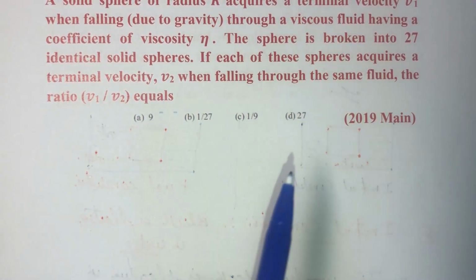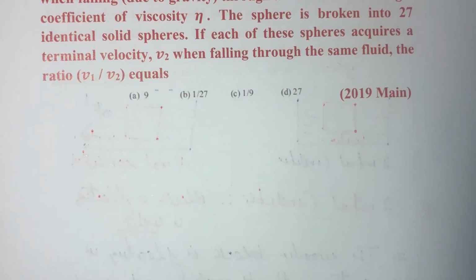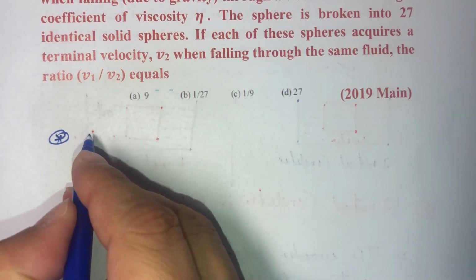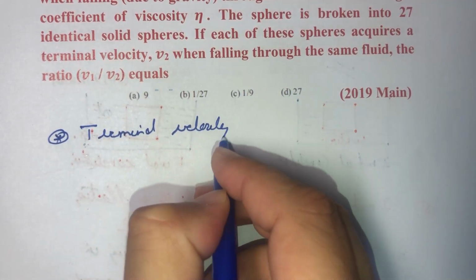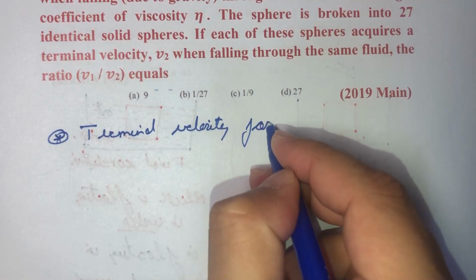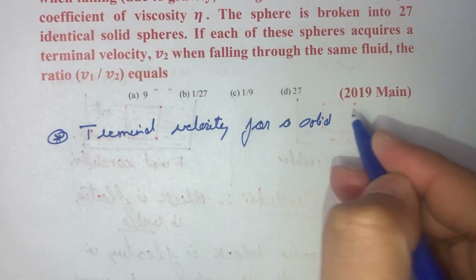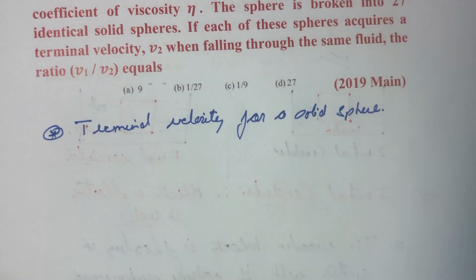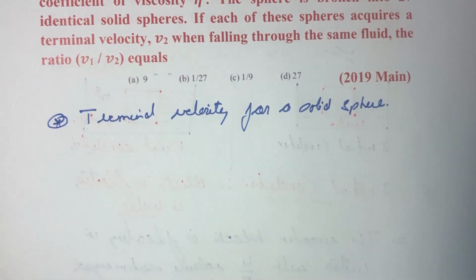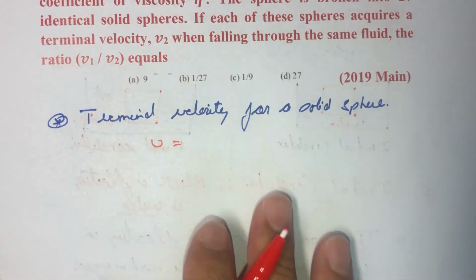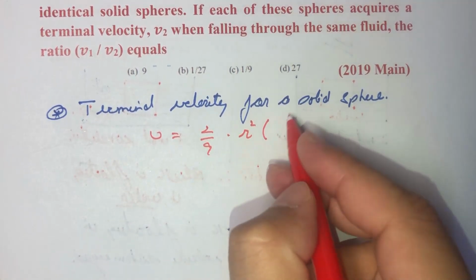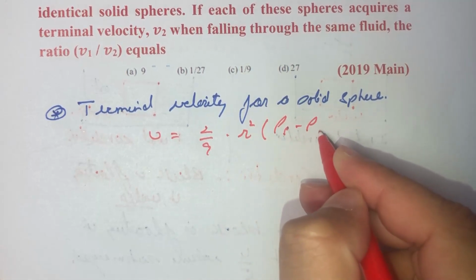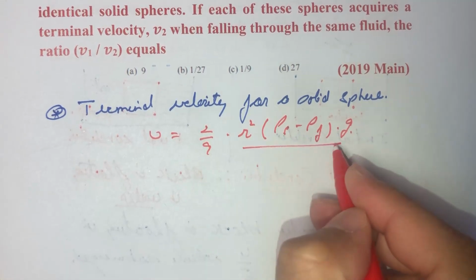So this is a question which is based directly on the formula, and we know that the terminal velocity for a solid sphere is given as v is equal to 2 by 9 r square (rho s minus rho f) multiplied by g and divided by nu,